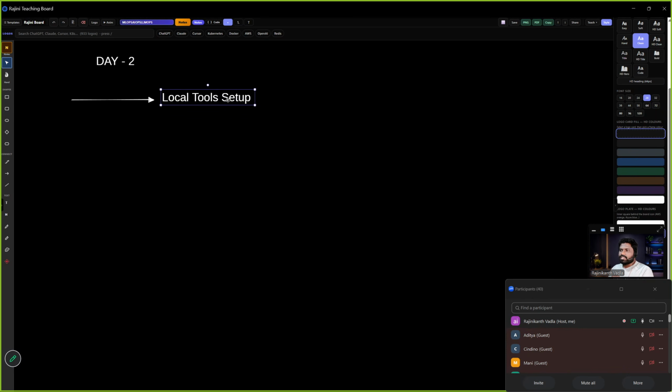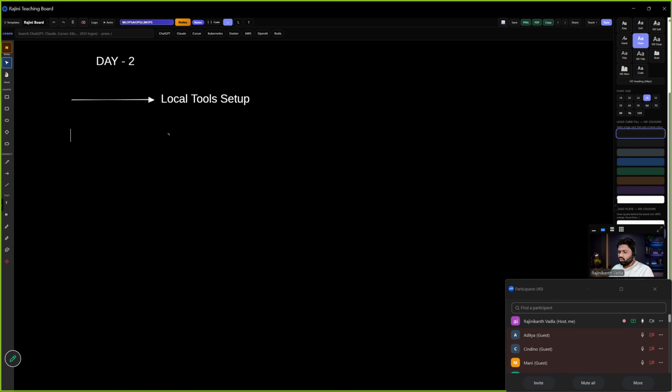First, local tools and setup. What everyone's laptop needs is 8 GB, 16 GB, or 32 GB RAM, which is fine. At least I recommend 8 GB to 16 GB RAM and a minimum 1 TB SSD storage; 512 GB SSD is also okay. The chip can be anything like Intel or Ryzen, fine. If you have such a laptop, it is enough.